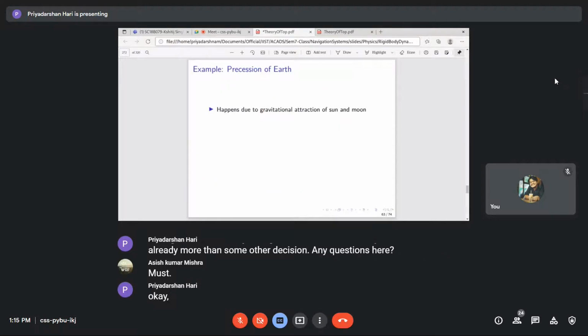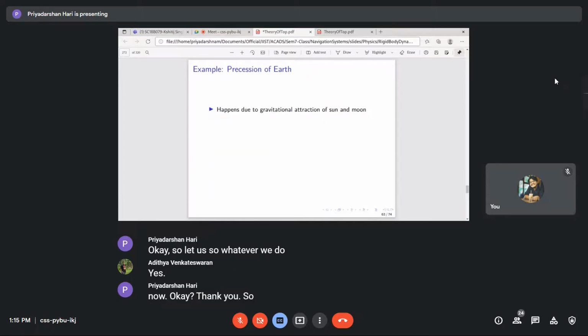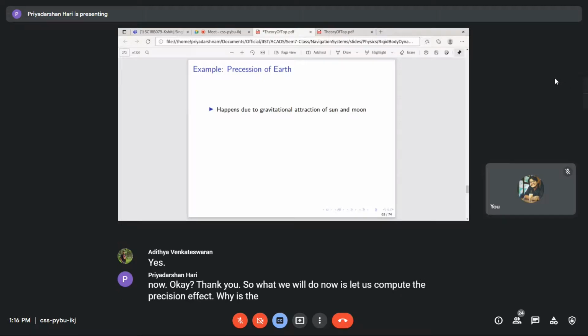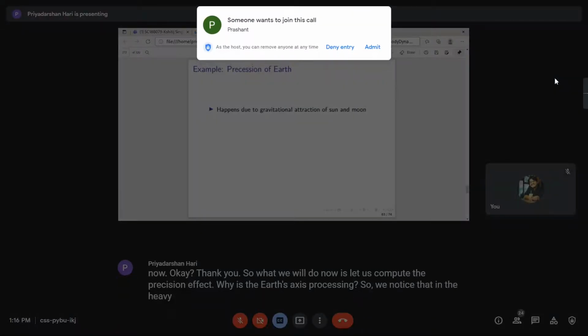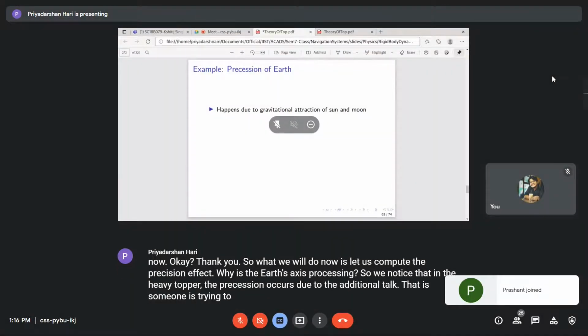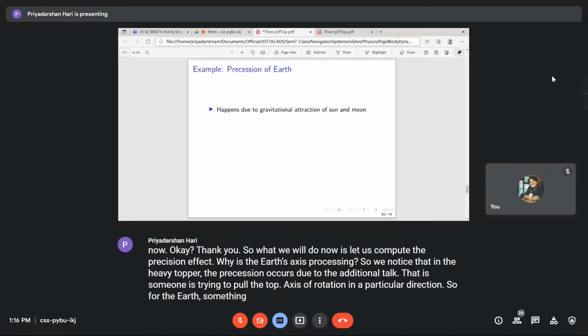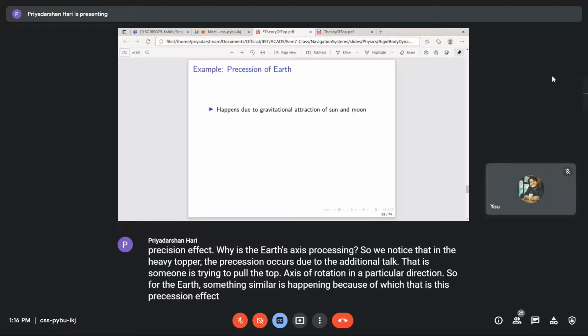Okay, so whatever we do now, thank you. So what we will do now is, let us compute the precession effect. Why is the Earth's axis precessing? We notice that in the heavy top, the precession occurs due to the additional torque. That is, someone is trying to pull the axis of rotation in a particular direction. So for the Earth, something similar is happening, because of which there is this precession effect, and the precession effect